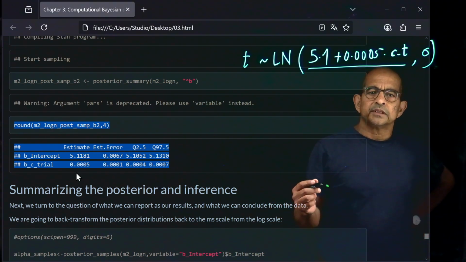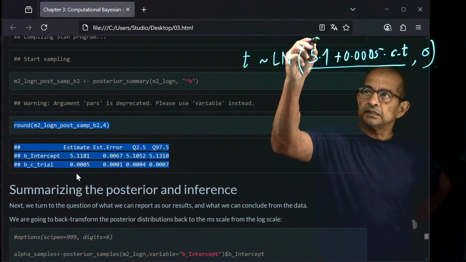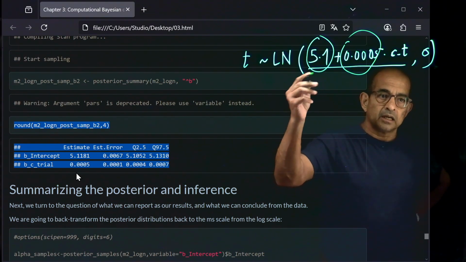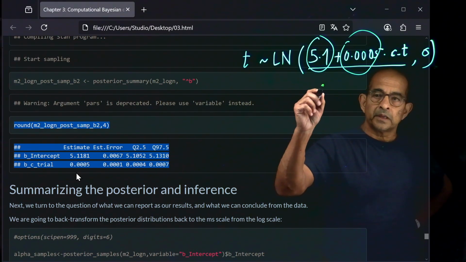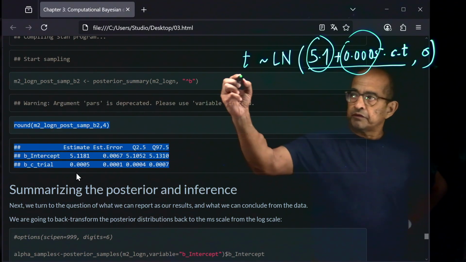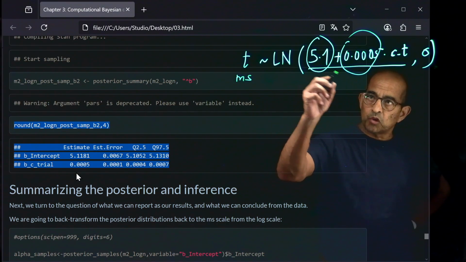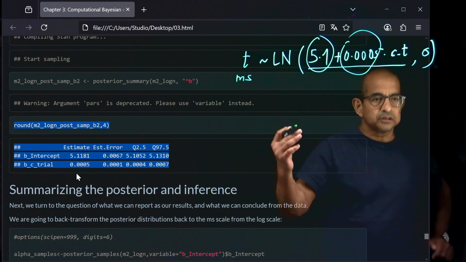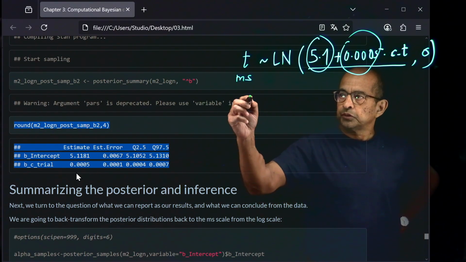So the interesting thing now is that we have these intercept and slope parameters described or estimated on the log scale, right? We, however, have the data on the millisecond scale, and so we would ideally want to interpret these parameters on the millisecond scale. So really what you can do is,